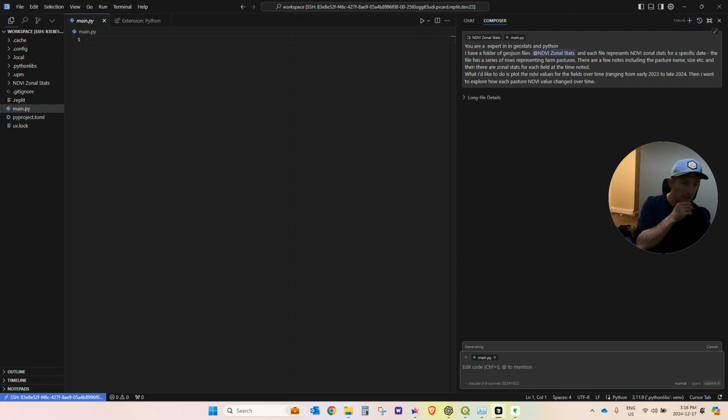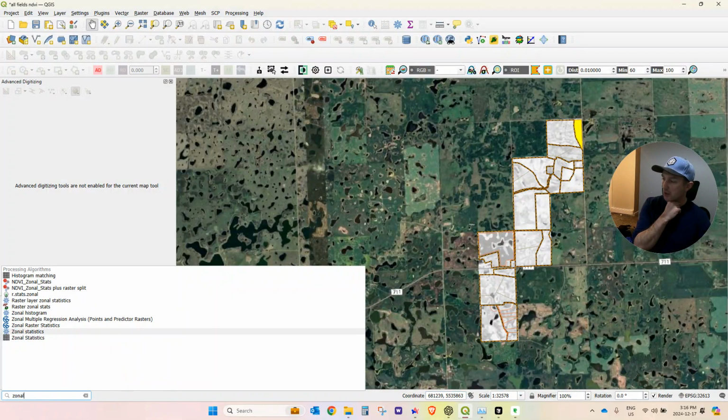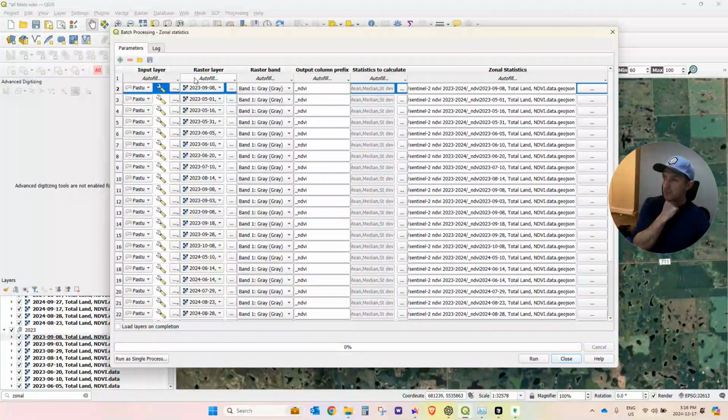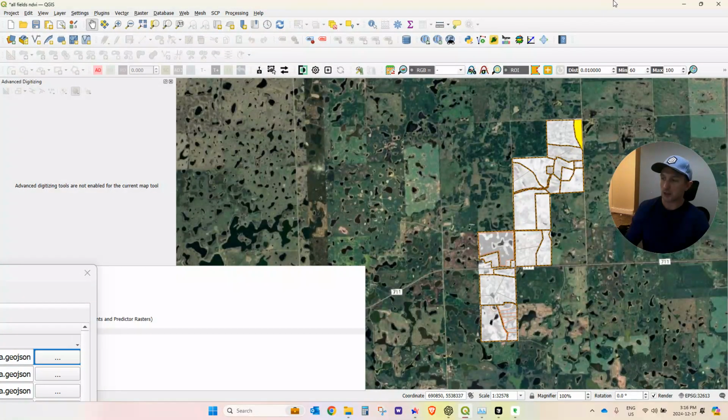in QGIS, I used the zonal stats function to output a GeoJSON for each of all the pastures at each date. So this is September 8th, 2023. I'll go over that sometime, but for right now,